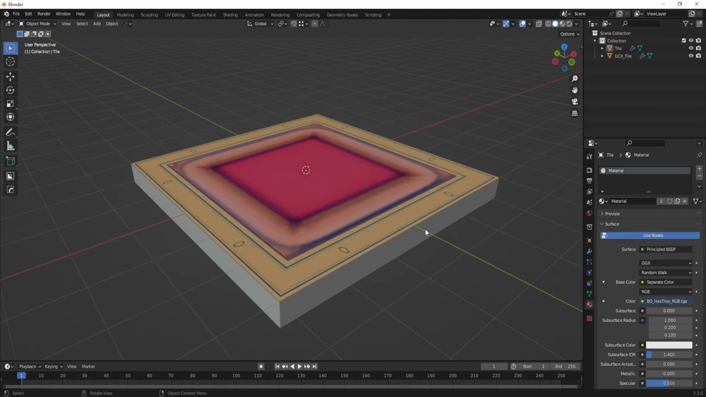I hope this showed you how to make a quick and easy custom Dropshot tile. All you need to do is create UCX collision. Edge split is very important. And then vertex paint. And that's it. So I will see you in the next